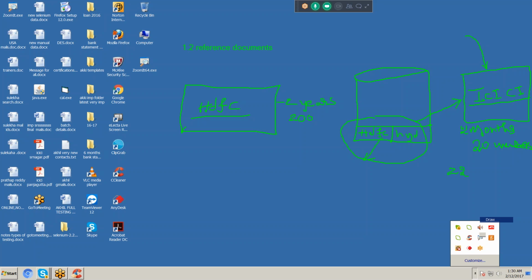This project size is 100, for example. This project size is also 100. But here we did this project in 2 years with 200 members. Here we are doing it in 2 months with 20 members only. Same project, but we already have a common repository. In that common repository, we have similar project information. Using that information, we can complete that particular project very easily. So that is the use of a common repository.